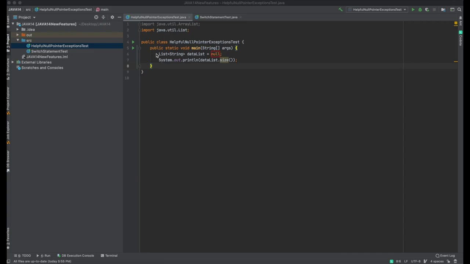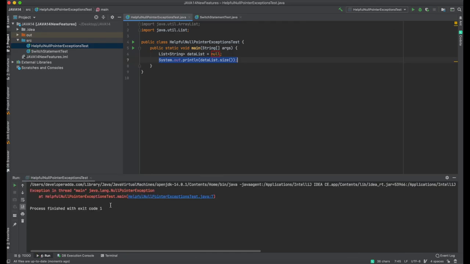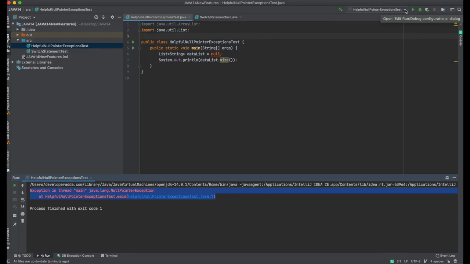In this example I created a list called data list, assigned null to it and printed the size of the list, which will definitely throw a null pointer exception but doesn't have any details about which variable is null. Let's enable the helpful null pointer exception messages feature.